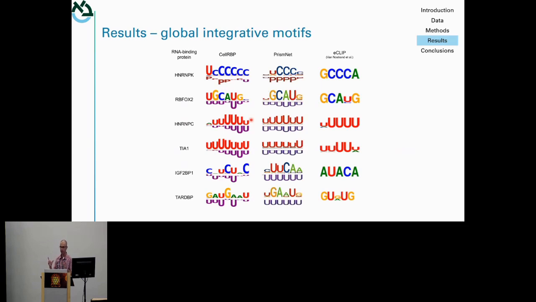So we took all the 7-mers that had an activity score above some threshold, we aligned them, then we generated these motifs. You see a concordance here, for example, with the C-rich motif, and with RBFOX2, these U-rich binders, HNRNPC and TIA1. But with these cases, the motifs are kind of scrambled or not as clear, and there is less concordance between the methods and what was published in the eCLIP study. And this could also be artifacts or noisy experiments, and I think we also heard criticism about eCLIP experiments.